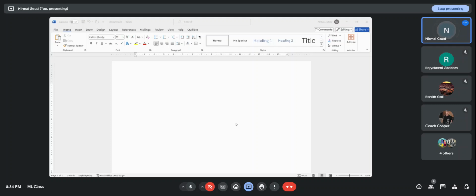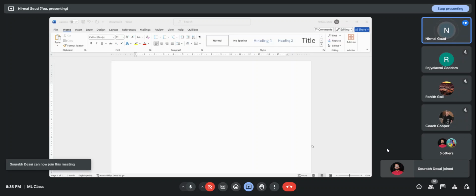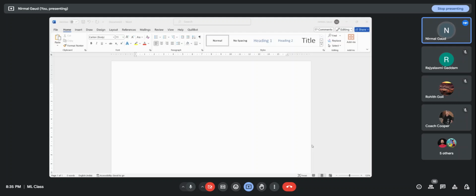I want you people to develop such kind of skills. So you should be able to understand data. You should be able to understand how to work on the data. You should understand what kind of algorithms you can apply over the data. You should be able to understand the problem. You should be able to understand how to get predictions from the data by applying the models,